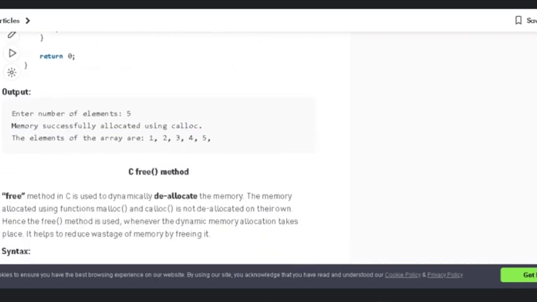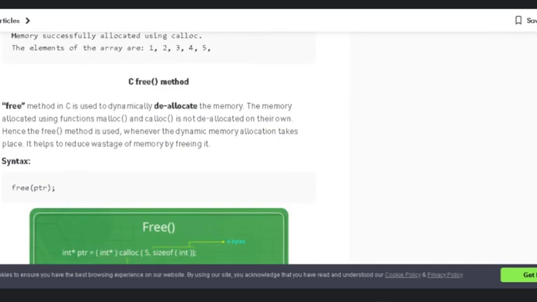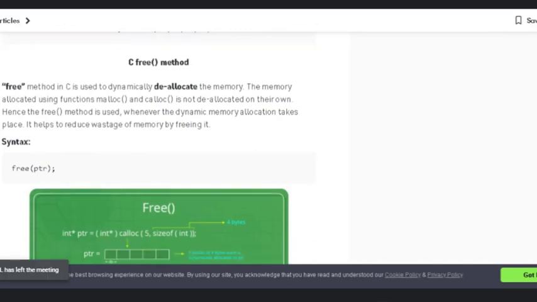So that is about malloc and calloc. Another function under this feature is the free function, which is used to free the allocated memory when it becomes useless, when you no longer require the data stored at that space. It is similar to deleting the data, a variable or a group of variables from the memory space.